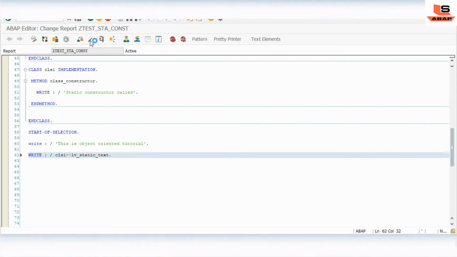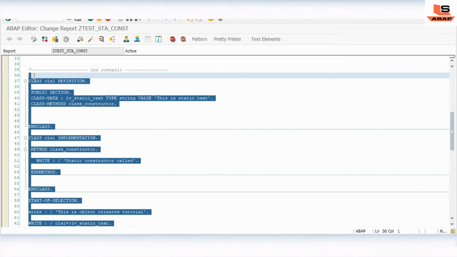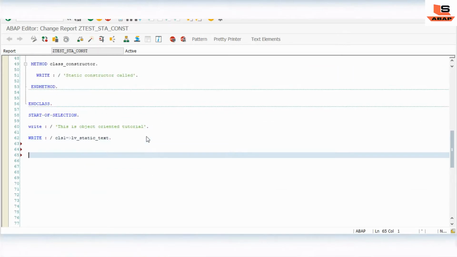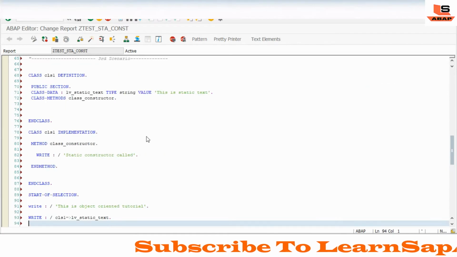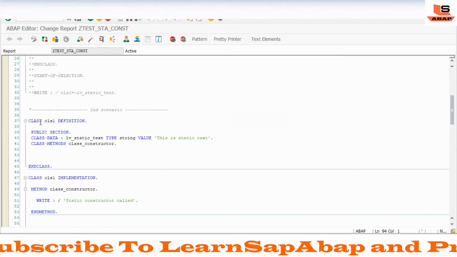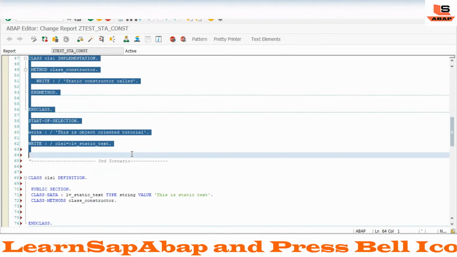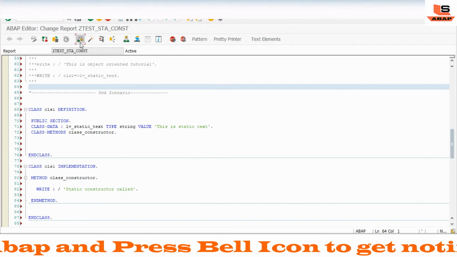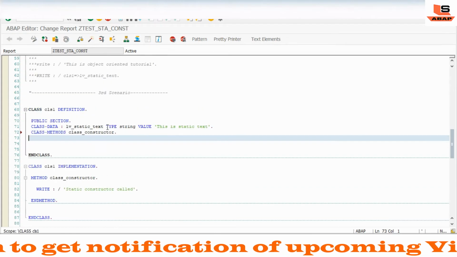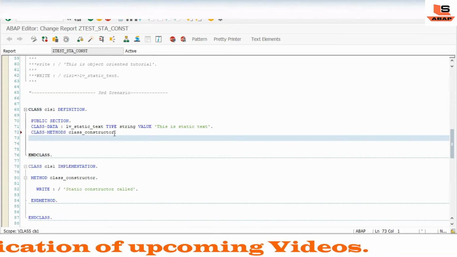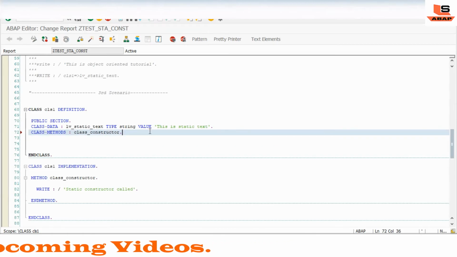Okay, so this was the second scenario. We will just copy all this once again, for the third scenario. Executing, and we'll just comment this part. Done. Now here we will check with the static method. We will just define the static method, the class method.